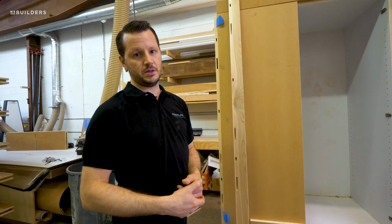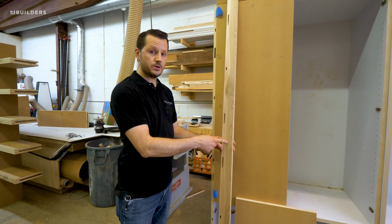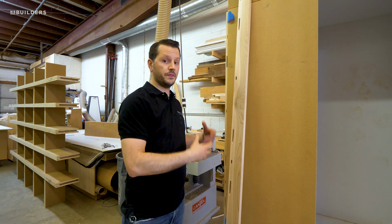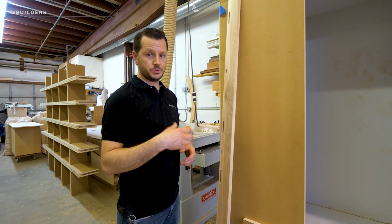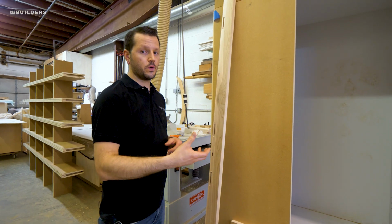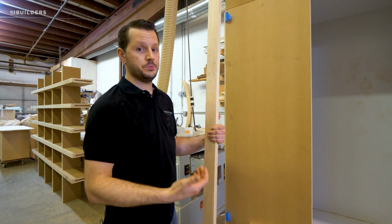One of the other things that we often do to make this a little bit easier to install is we'll actually end up offsetting another domino a little bit further down. So that way we can set the dominoes into place on the case, but keeping our scribe edge off of the wall. This will allow us to set our scribe depth from the overhang on the inside of the case, and then use our scribe alongside the wall to draw a line right on the face where we need our scribe to be,